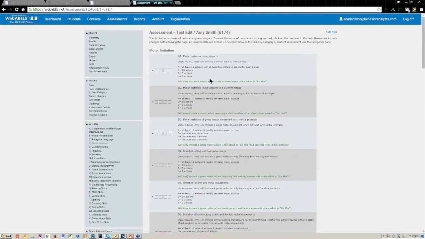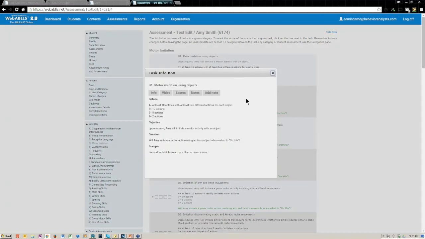The look and feel of the text edit is more like the book version. You have all of that information about your task displaying. You don't have to click into the task info box. When you hover over the alphanumeric code here, the task name doesn't come up because it's actually right next to it. But if you click on that, you will get back to the same task info box just as you do in the others, and it will show you all of the information. Again, it's really personal preference which format you prefer to use.